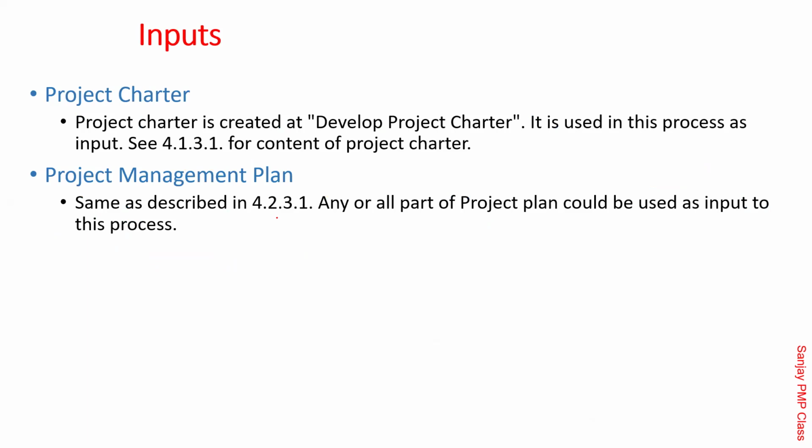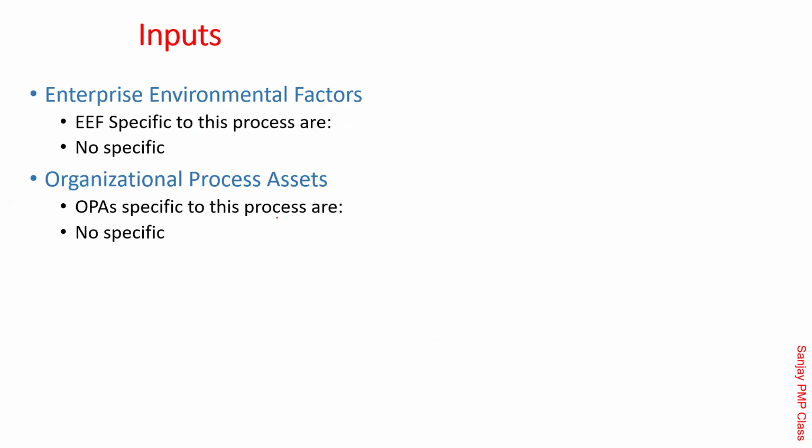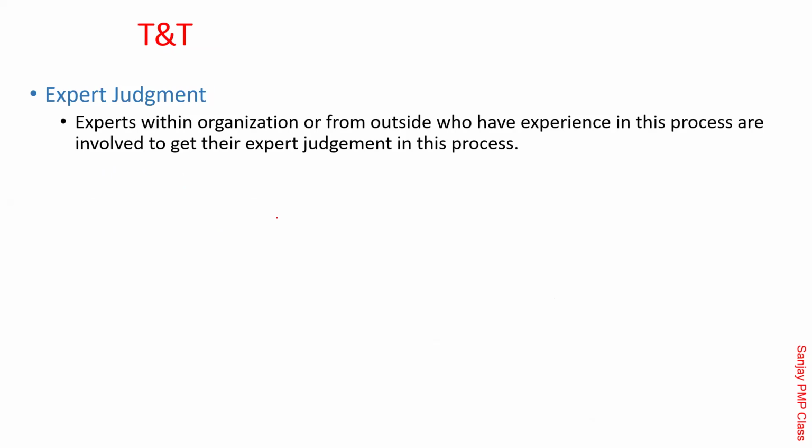Inputs: project charter, as I told you, because that's a boundary. Project charter is an extreme boundary of the scope. So while collecting requirements, you can keep that handy. These are all the inputs. Nothing to explain, nothing new there. Expert judgment: obviously, for capturing requirements, people like business analysts or equivalent are all over the industry. Don't even think that the caterer or event management company does not have a business analyst. They need it. You need to have people like that. That's the expert judgment.